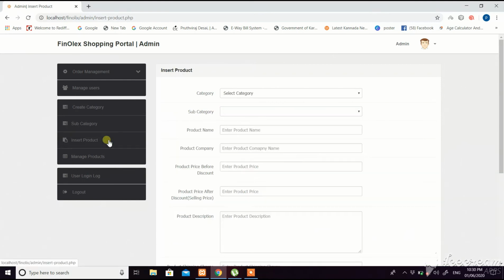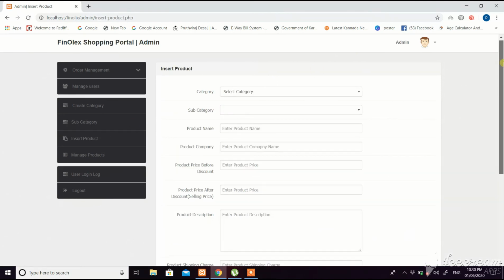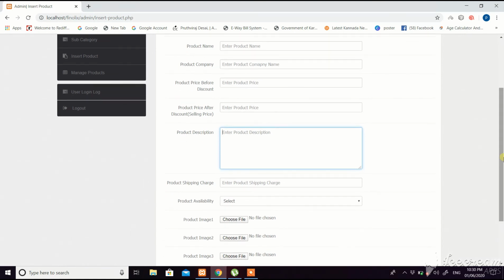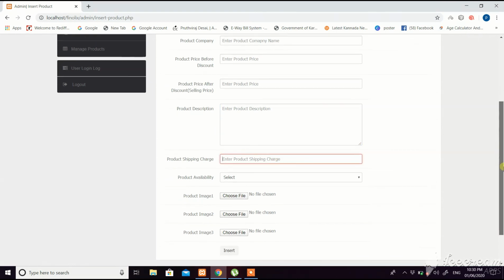Here, insert product: category, product name, product company, product price after discount and before discount, and product description. We have also given the option to put shipping charges for a particular product.